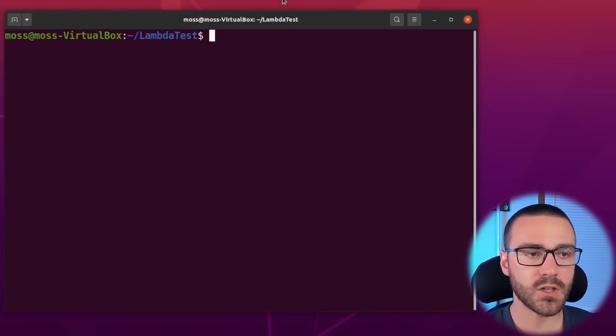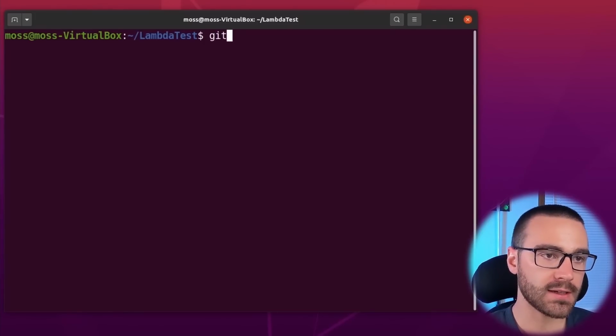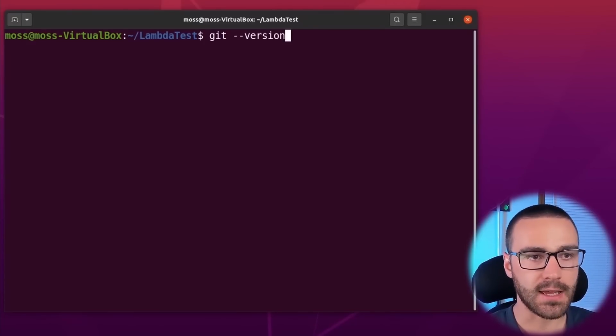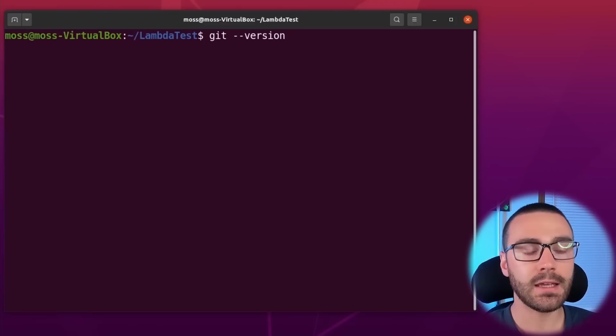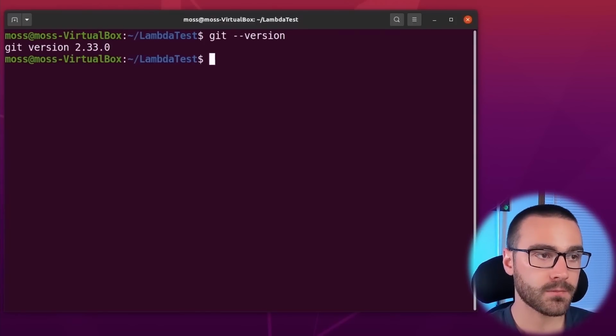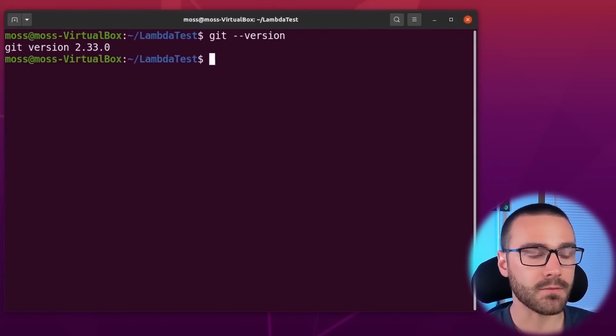Okay, let's get ourselves up to speed with some basic Git commands. This might be a refresher if you're already familiar with Git, but if you're not, let's go ahead and verify that you have Git installed on your machine. I currently have my terminal open, and to verify my installation of Git, I'm going to invoke git, and I'm going to pass in the --version option, and this will return the version of Git that is installed on my machine if it's installed. And as you can see, I have Git version